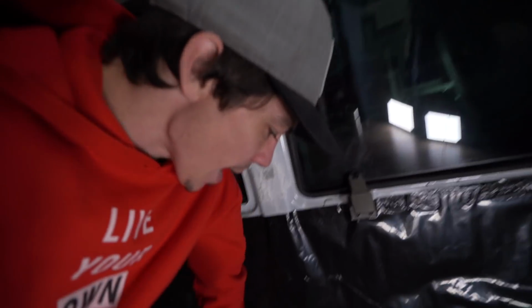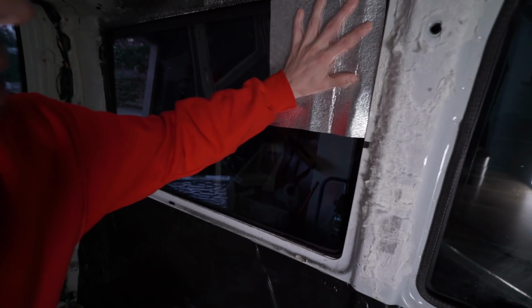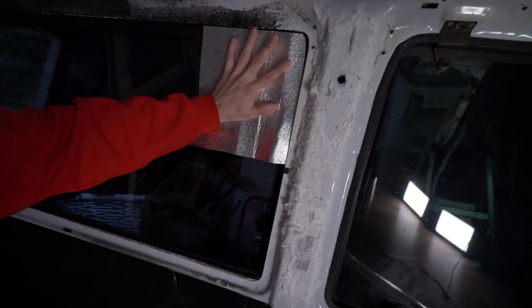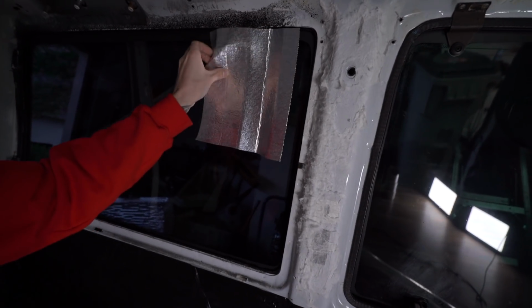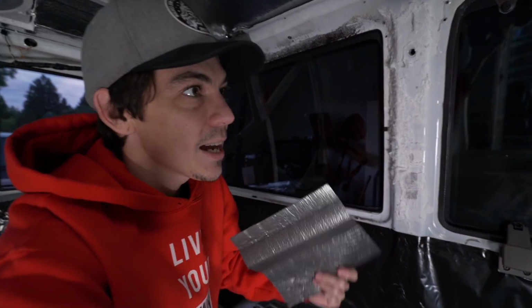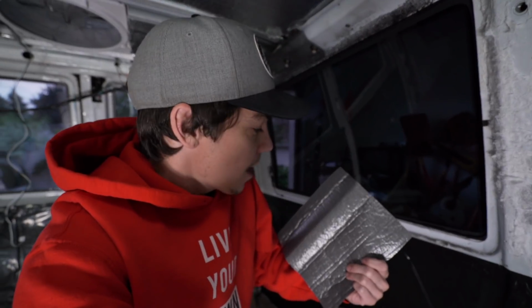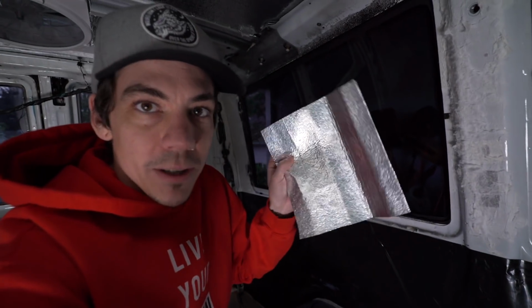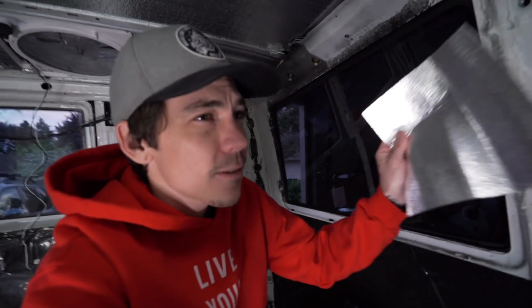So what I'm gonna do next is take this stuff and put it on the windows like this and fill in this area and tape it in really well. And I'm going to put the reflective part on the back, for the main reason that when someone walks by the van at night, or their headlights are shining on the back windows at night, I don't want them to see the reflective part and have a good indicator that somebody's living in here or sleeping in here or whatever. I want to stay as stealthy as possible,